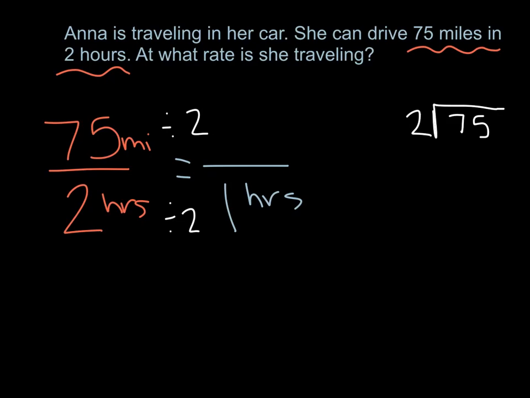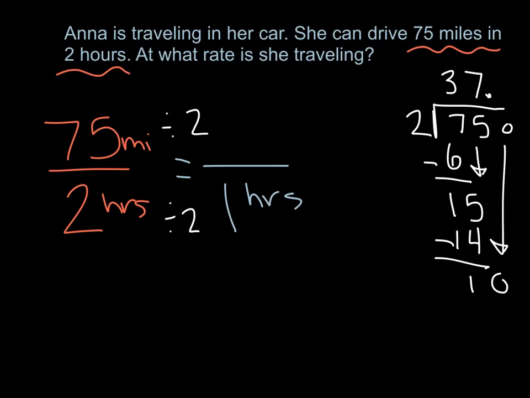From here we divide. 2 goes into 7 3 times. 2 times 3 is 6. We subtract and get 1. From there, bring down your 5. 2 goes into 15 7 times. 2 times 7 is 14. Subtract and get 1. We have a remainder, but we can't stop there, so we add a decimal and bring down a 0. 2 goes into 10 5 times. So from this, we realize that our answer, our numerator, is 37.5